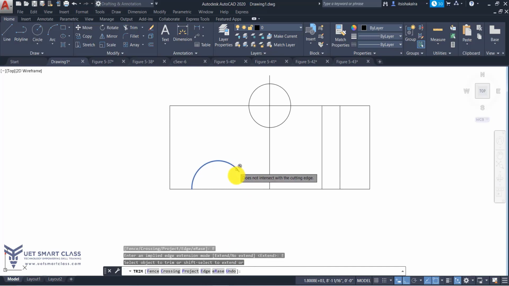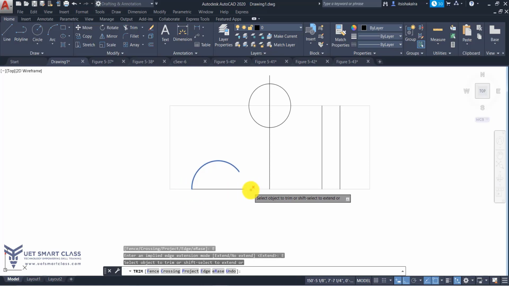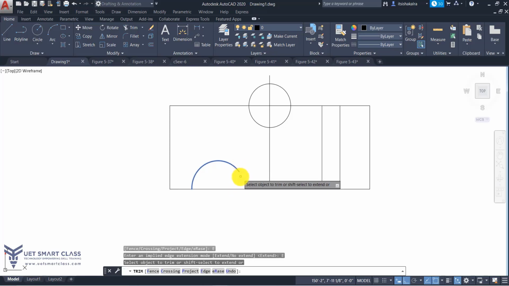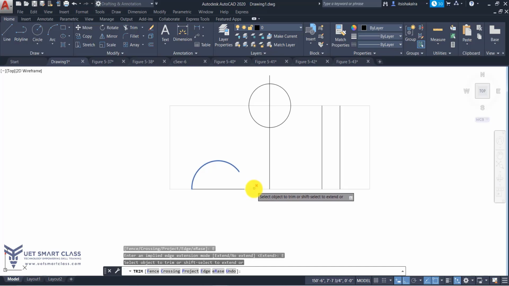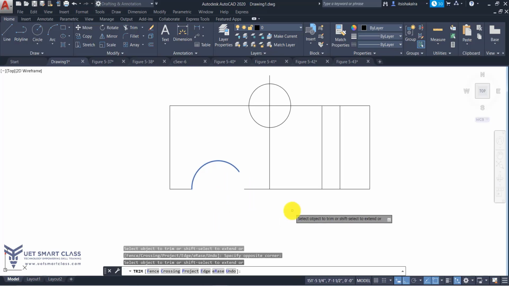So on this extend, see, I can cut this or I can cut this. As this is a rectangle, it will completely cover. So it is taking these two parts, cutting this, because it is imagining this arc will be extended till here. So this is one part, this is the second part. So I can cut any of these. I can trim, as in not cut, I can trim. Okay, so by default it is taking as no extend.